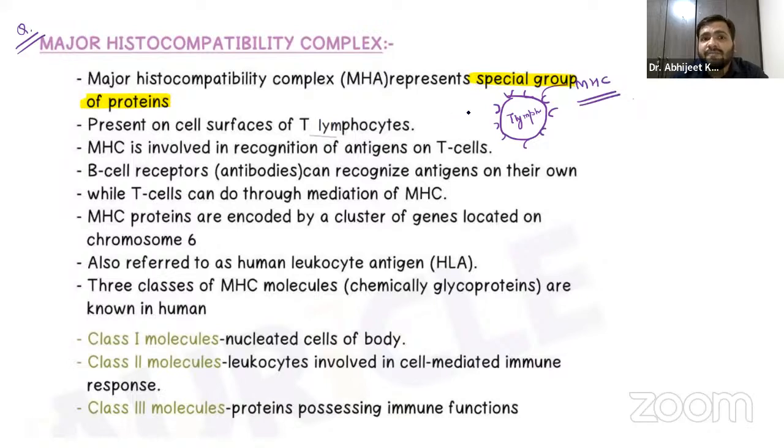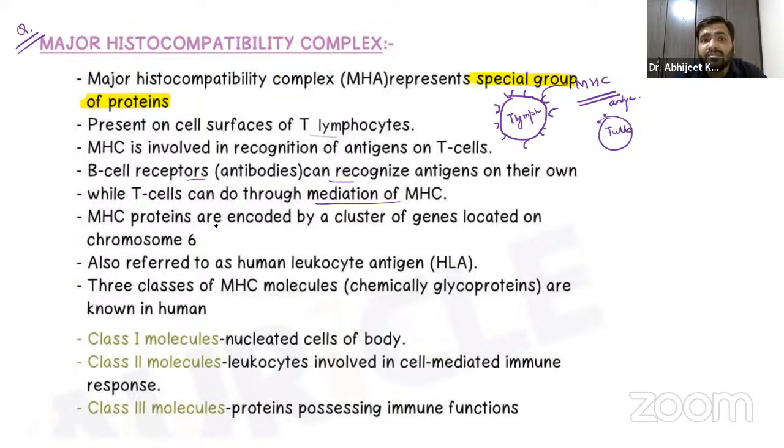Now, what is the function of this MHC? They will be involved in recognition of antigens on the T cells, right? So we have various antigens, and they help in recognition of the antigens on the T cells, right? B cell receptors can recognize antigens on their own, while T cells can do so through mediation of the major histocompatibility